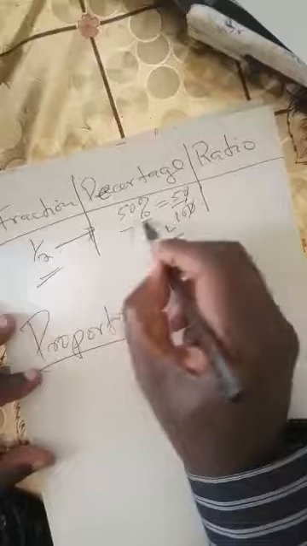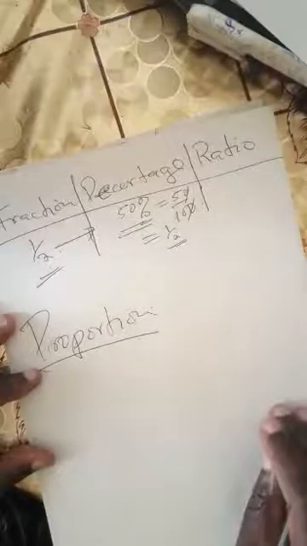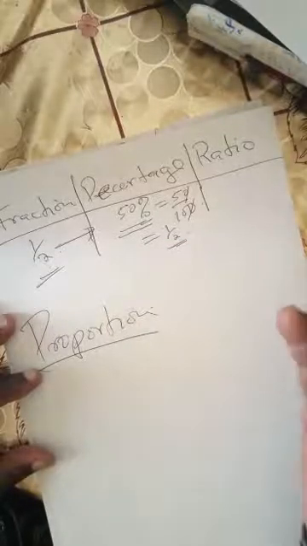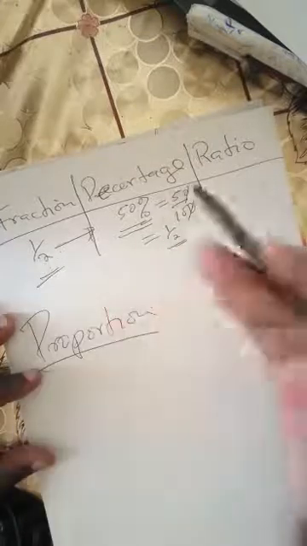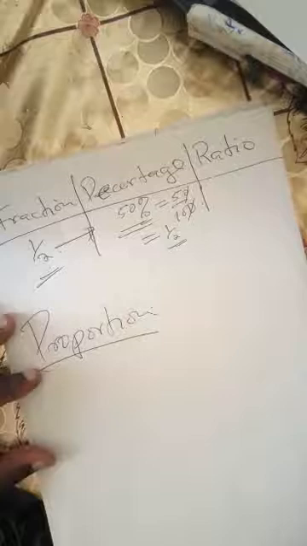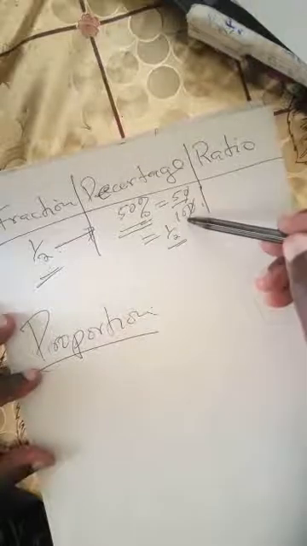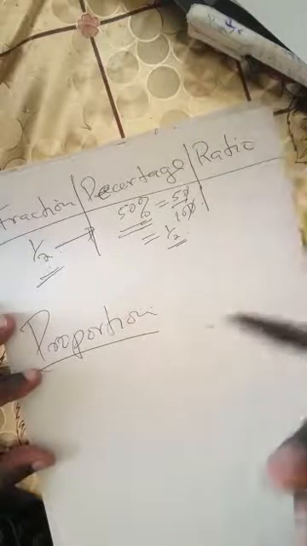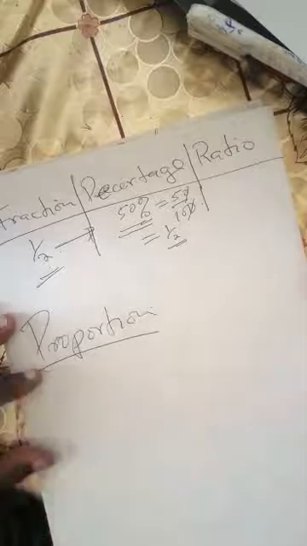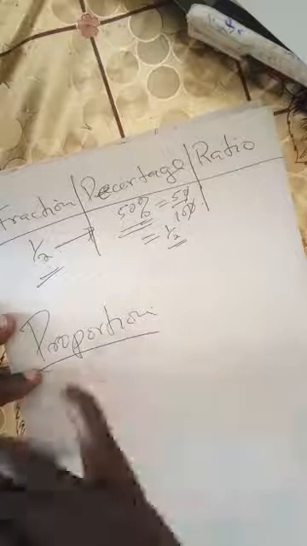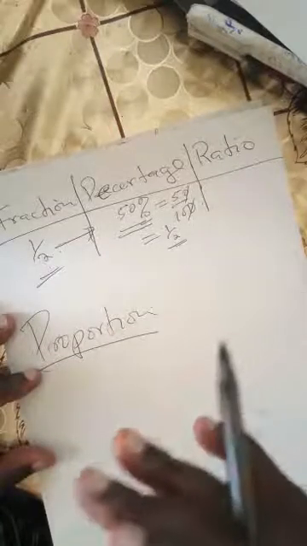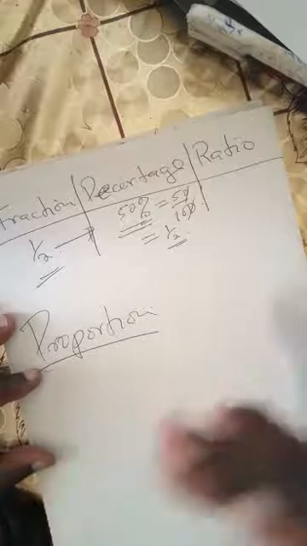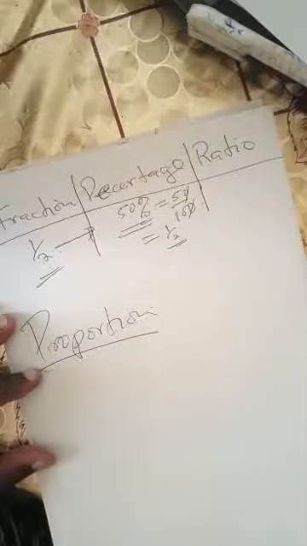Okay, so that's the same comparison. So with percentage, you are talking of the whole being divided into 100 parts, and a percentage that is equal to a half is when you take